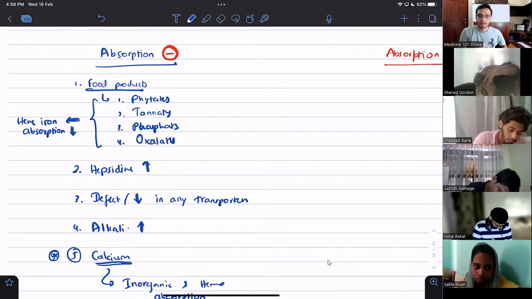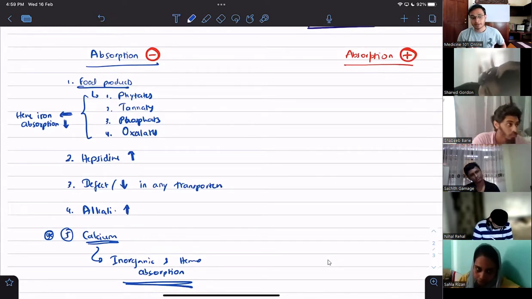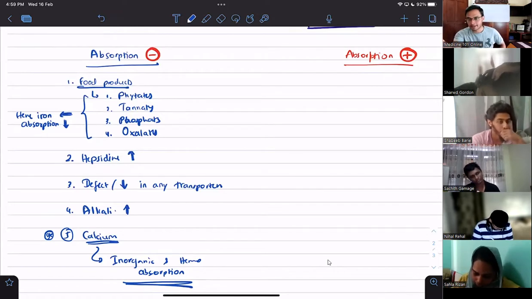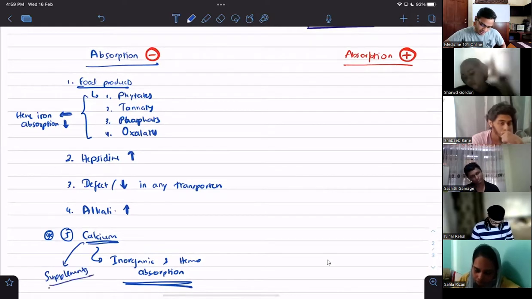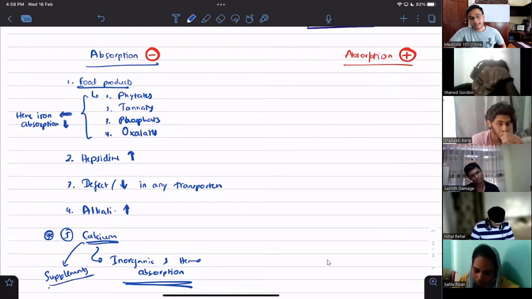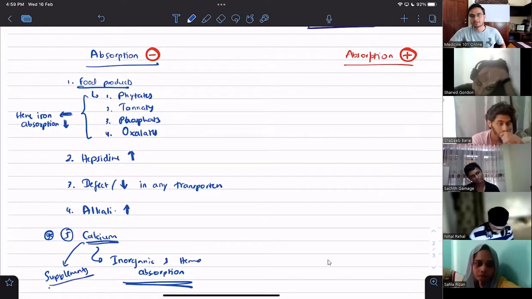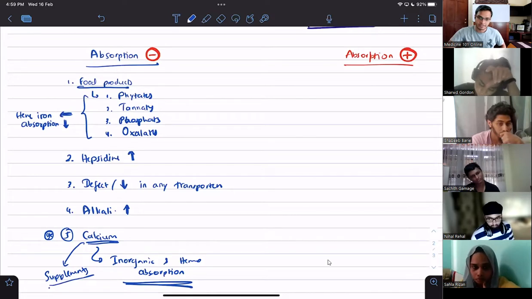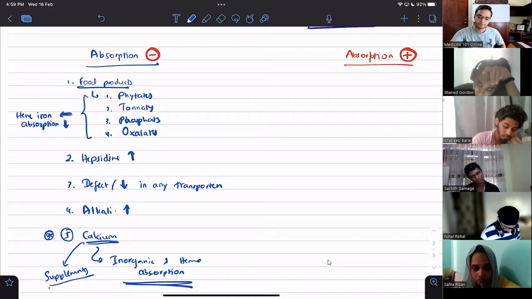Calcium, on the other hand, inhibits both. Especially not your daily dietary intake of calcium. Here we are talking about supplements, like Calcivita, Calmax, 5,000 mg a day, which we prescribe for arthritis patients and others. Yes, these can cause some iron deficiency due to reduction in absorption. We'll come to this one.